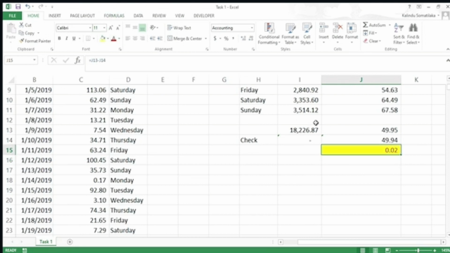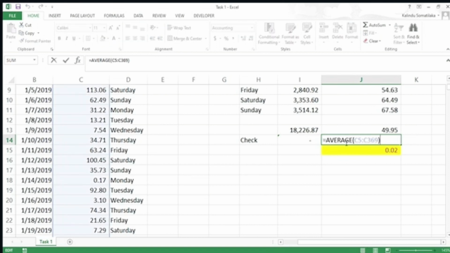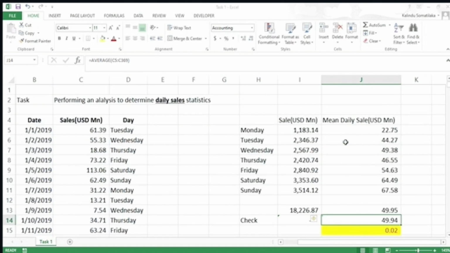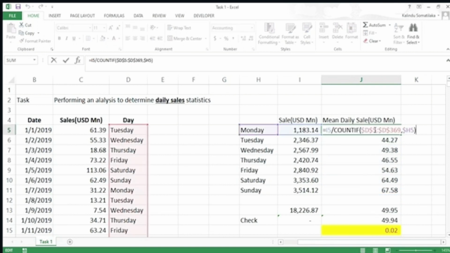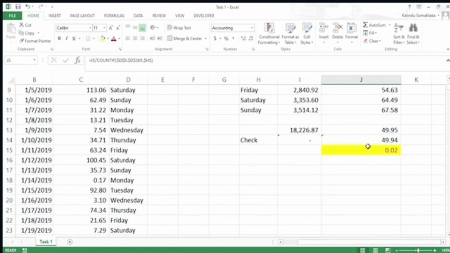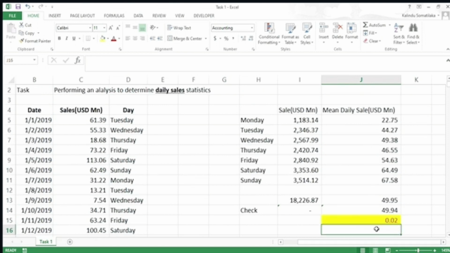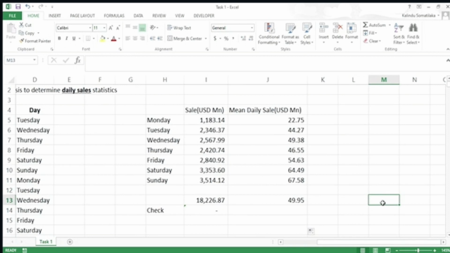You have the simple average of all days' sales figures, and you have the average of the average sale in each weekday. Why is there a difference? We are going to look at this with respect to some very basic statistical concepts in the next video. But to proceed with the current task at hand, 49.95 is sufficient, and now I'm going to finally take the percentage contribution